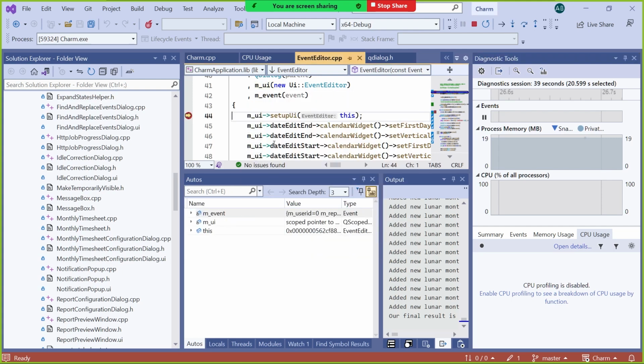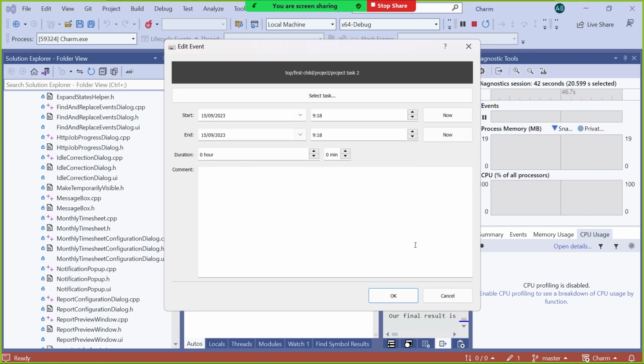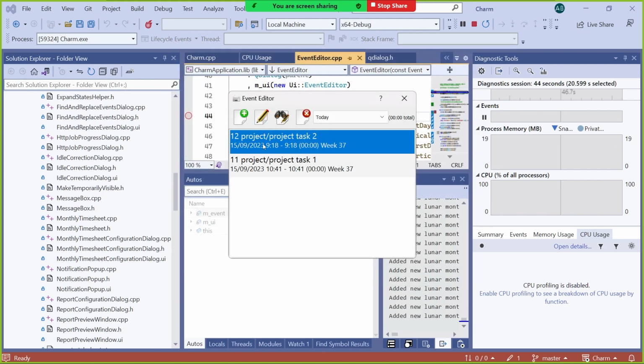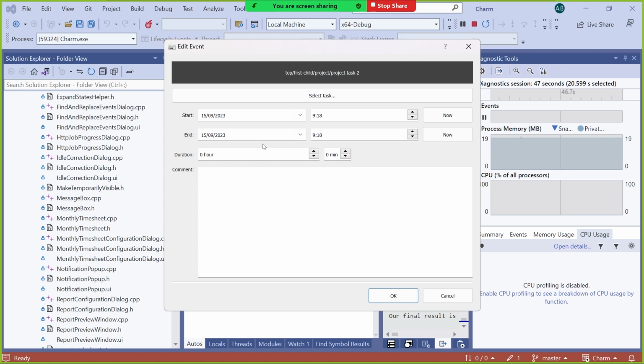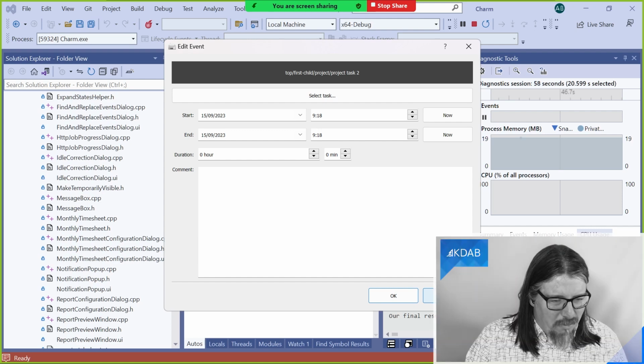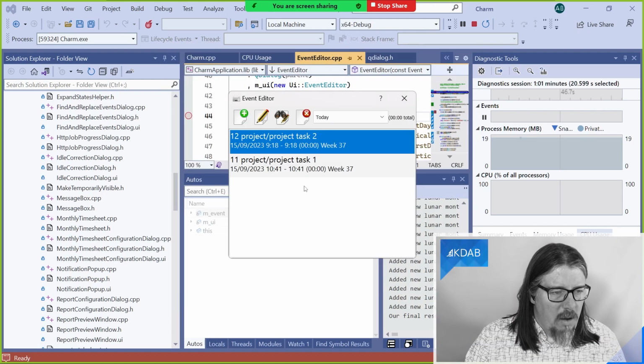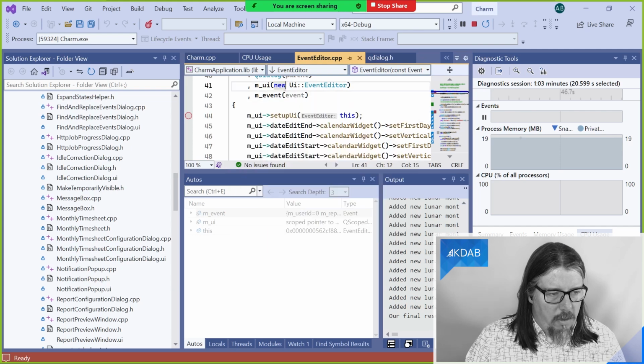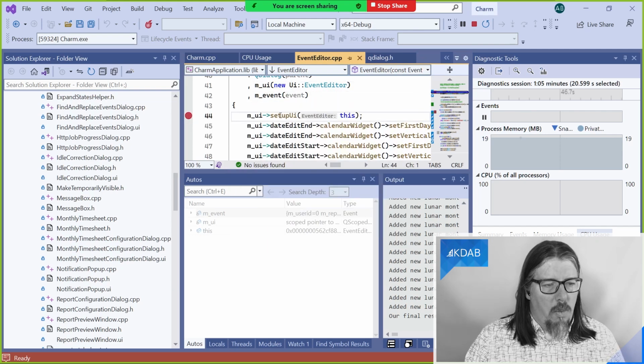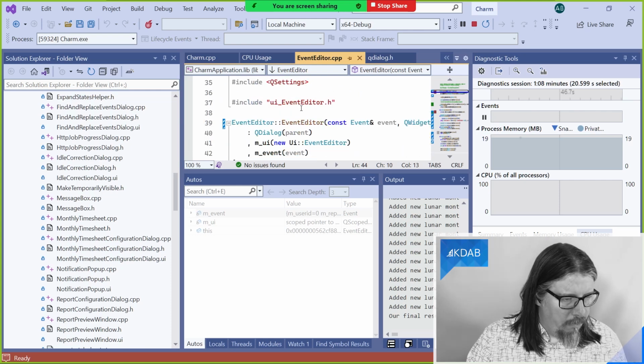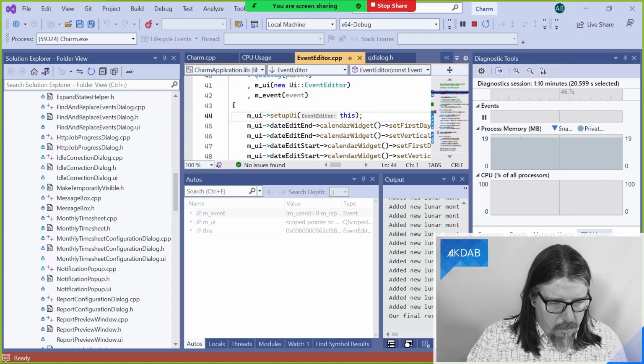Double clicking on one of these tasks takes quite a long while, like a second or two, to come up, whereas you'd think that would be instant. So somebody has edited some code into that in order to make it slow down. Wonder who that would be. Yeah. So a convenient way to use the profiler is if you know the point at which it starts being slow.